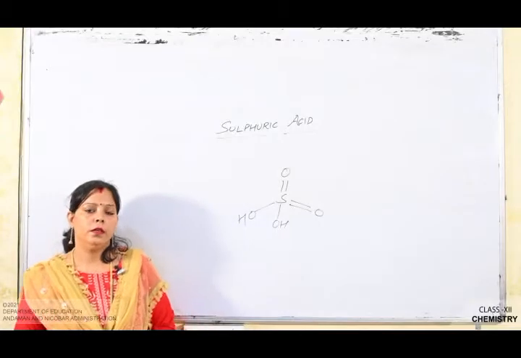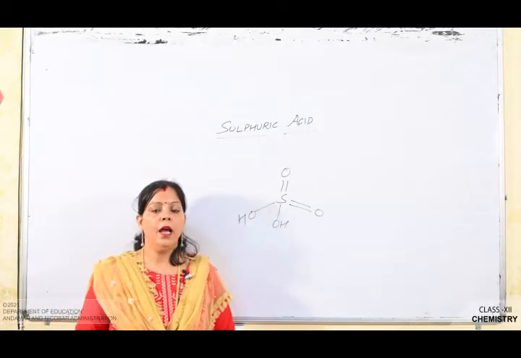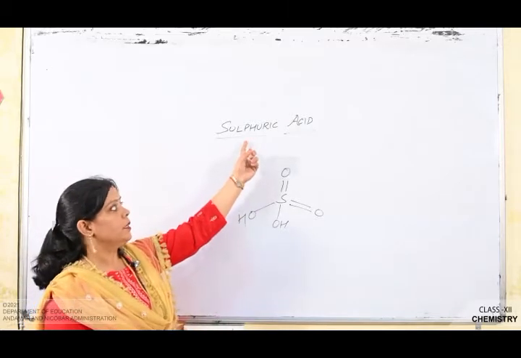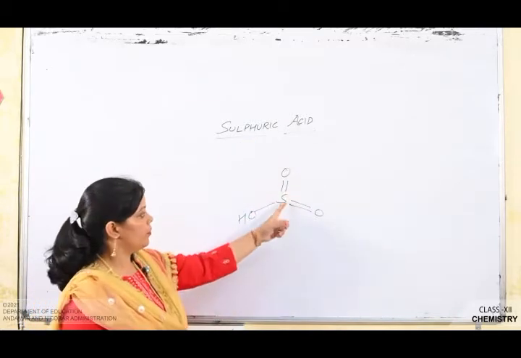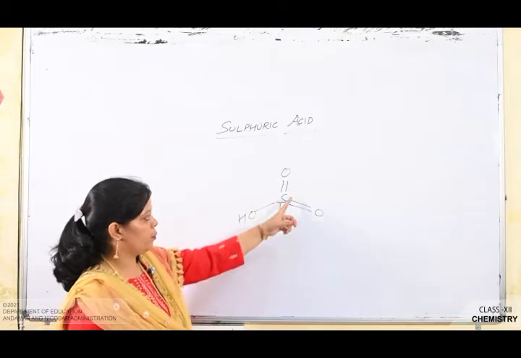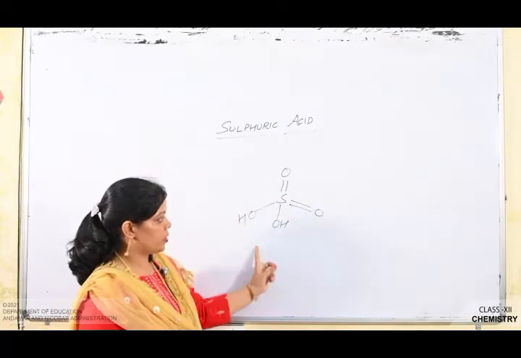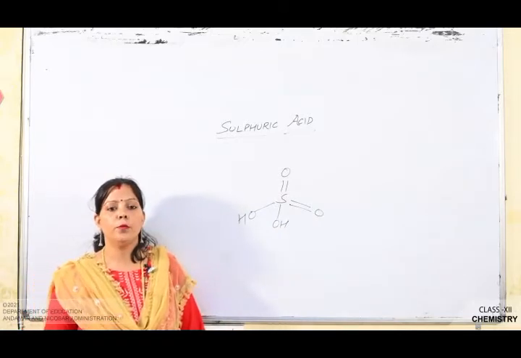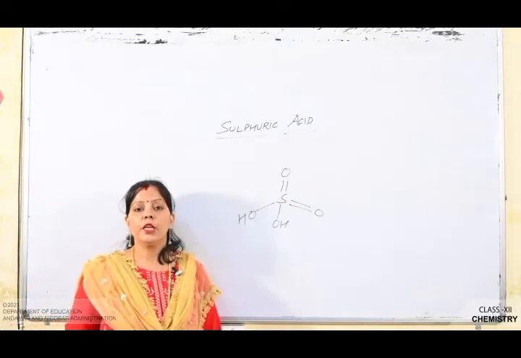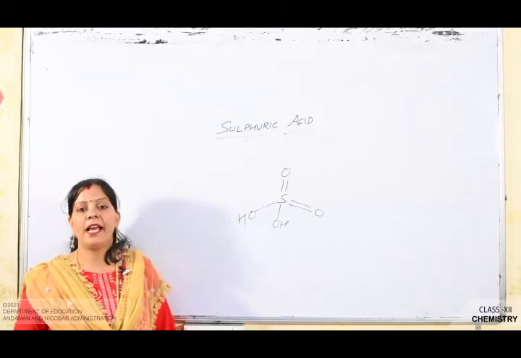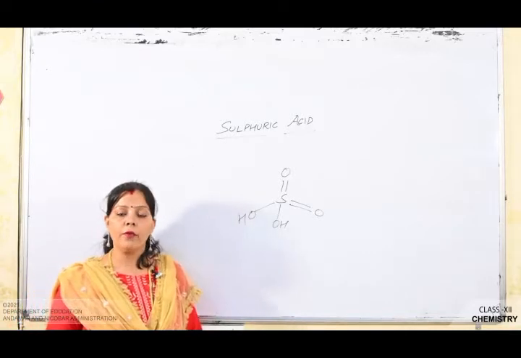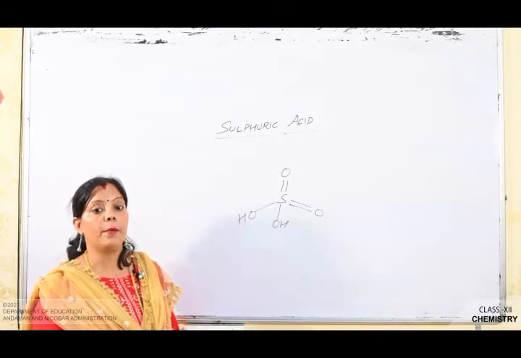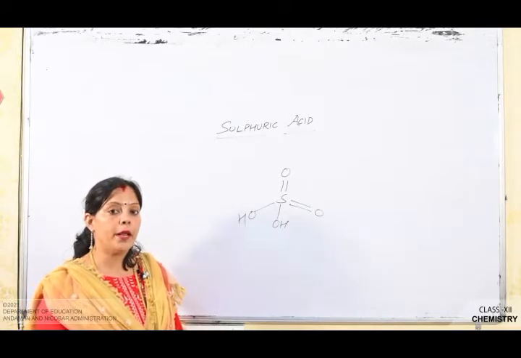So children, welcome to the chemistry class, and today we start the next topic, P block elements, that is the sulfuric acid having the formula H2SO4. This is the tetrahedral structure of H2SO4. Sulfuric acid is one of the most important chemicals being used in industries as well as in the laboratory. Therefore, sulfuric acid is also named as the king of chemicals, and it is also named as the